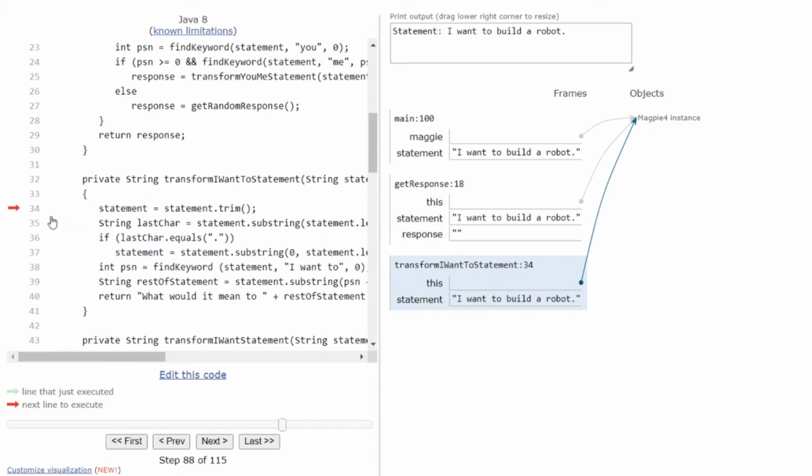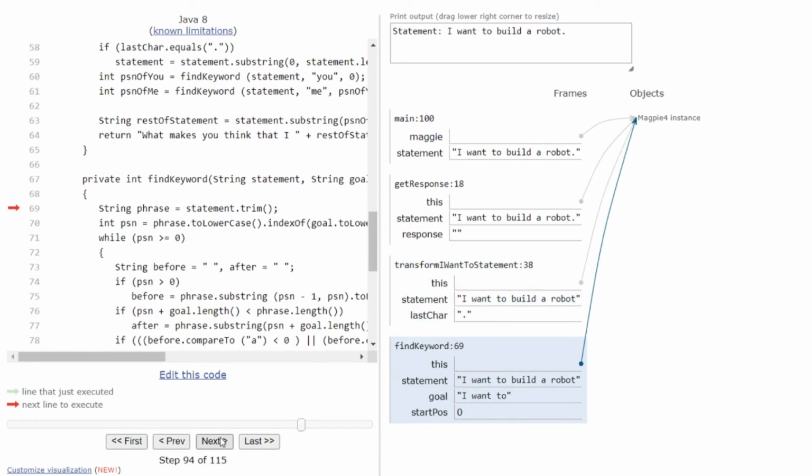Now that we know that's what the statement is, we're going to go down here to the second part. This is going to trim off the period. So the first part was just identifying our string. The second part is parsing our string. And first, now that we identified it, we're going to chop off that period because we don't need it. So we're getting rid of the last character. We're actually going to add to this because it could be anything after. It could be an exclamation point, could be a question mark, you name it. It could be anywhere, kids. So once we get rid of that, we're identifying the I want to part. Now we're going to store everything after it, the build a robot.